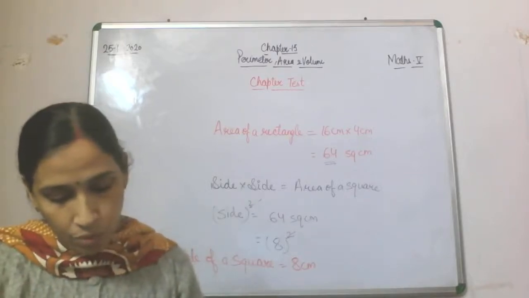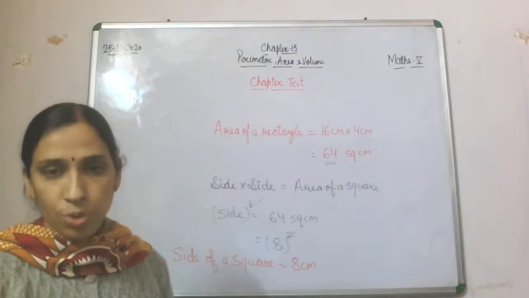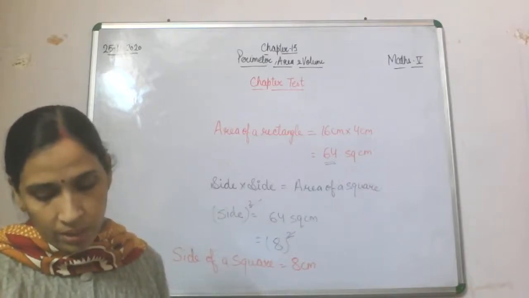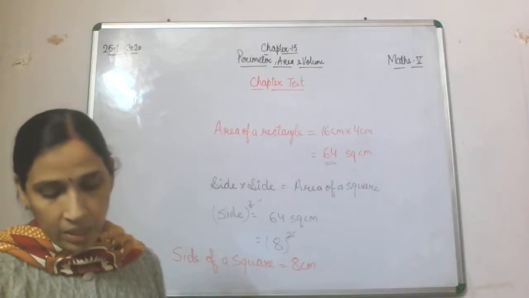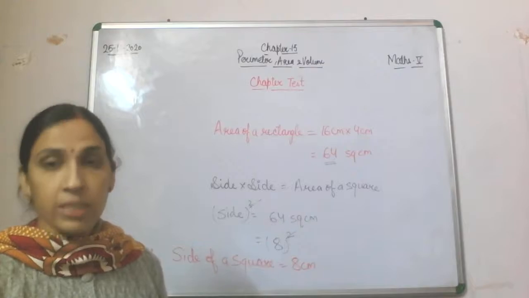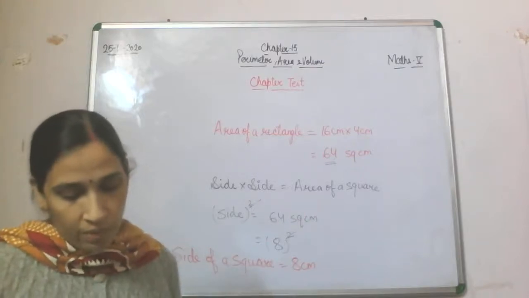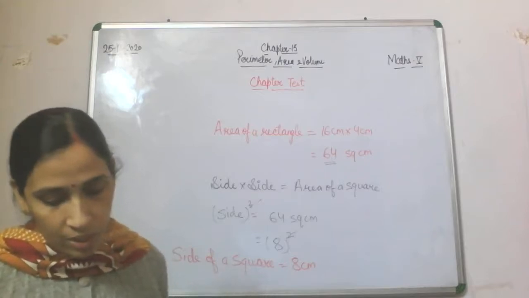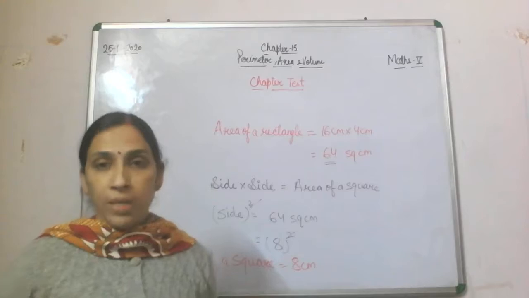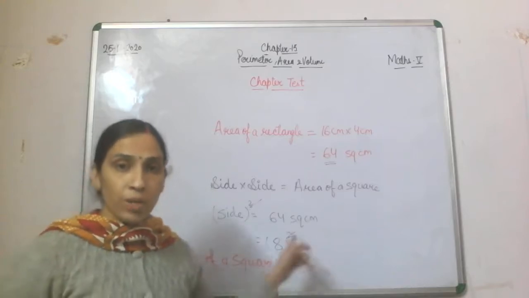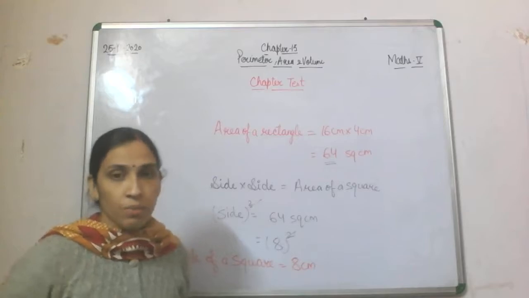Now we'll come to the fourth one. Fill in the blank to complete the sentence. The difference between a cube and cuboid is that a cube has 6 square faces, whereas a cuboid has 6 rectangular faces. That you will write in your book itself. Then the last, fifth one, cuboidal dimensions have been given, and you have to find the side. That also we are going to do in the same way as we have done question number 4.